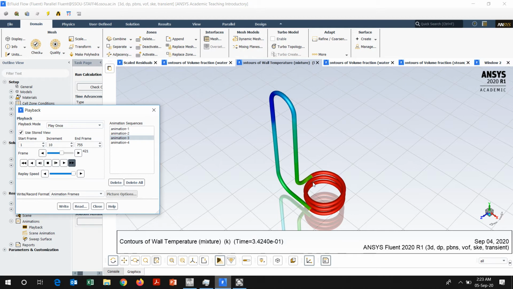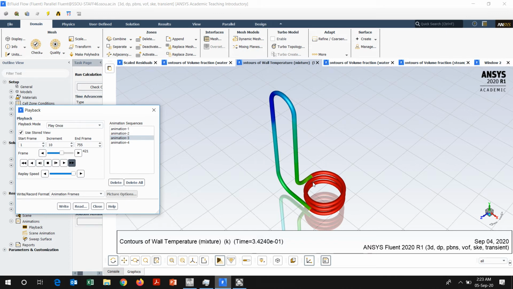If you are able to see, you can observe here the temperature starts increasing. Now let us move to the next animation.